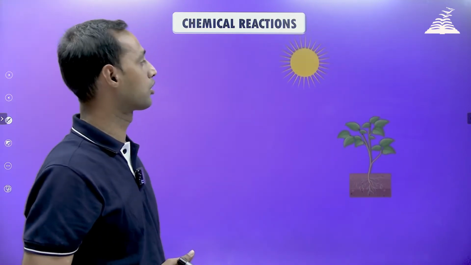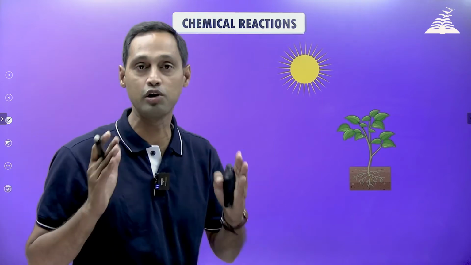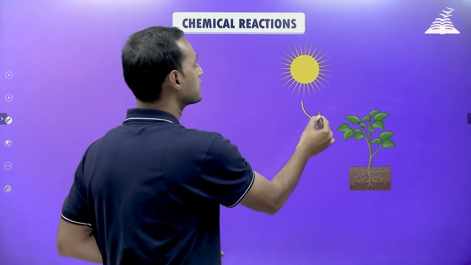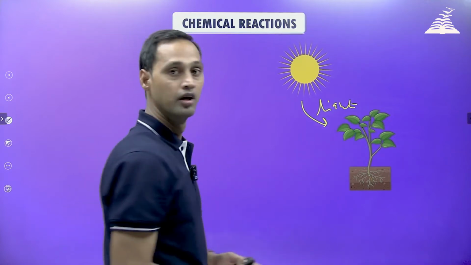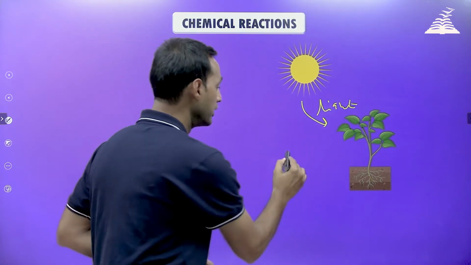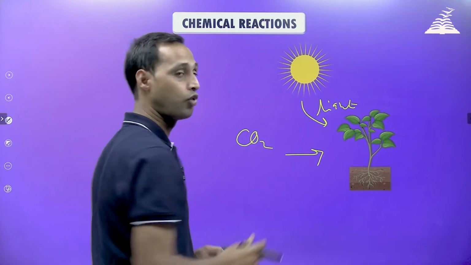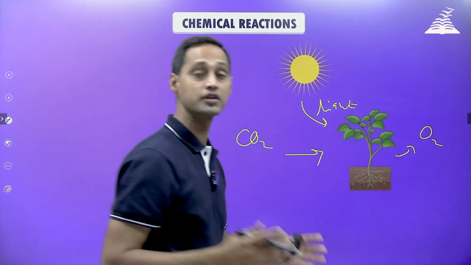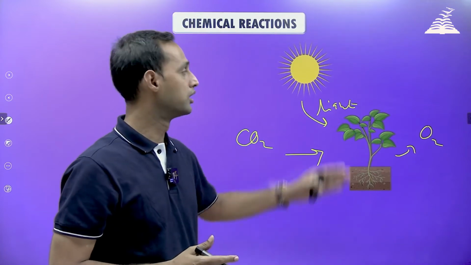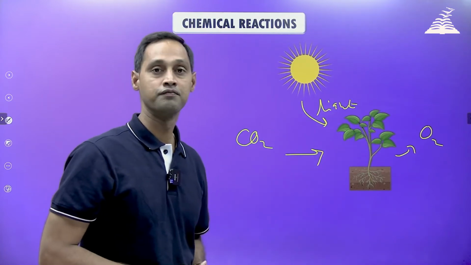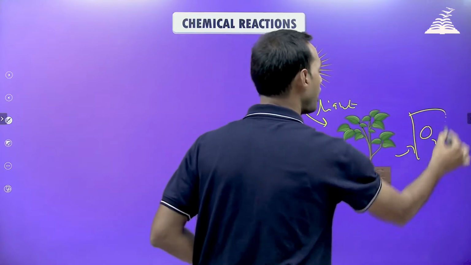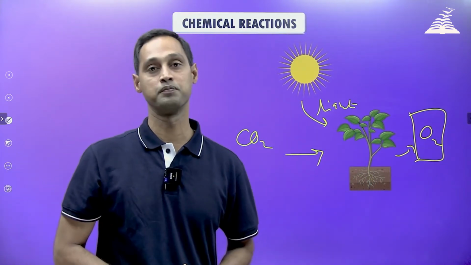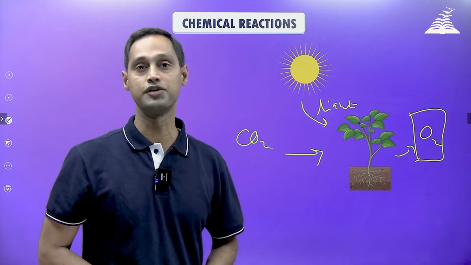And we'll take a look at one more interesting example. Photosynthesis is also a chemical change, because the plant takes light energy from sun, and it also takes carbon dioxide from atmosphere, and then it gives us oxygen. Not only oxygen, it gives us sugars, right? So new substances are formed. Oxygen and sugars, new substances are formed during photosynthesis. So this is also a chemical change,